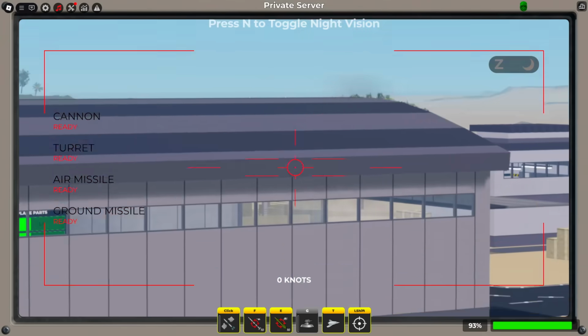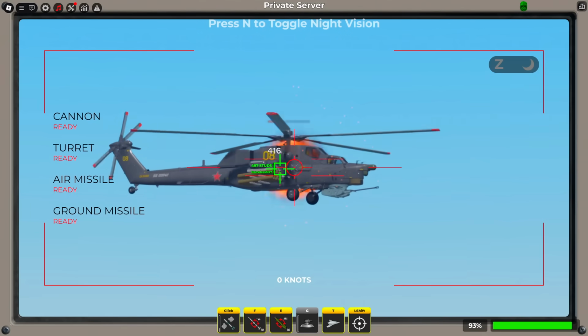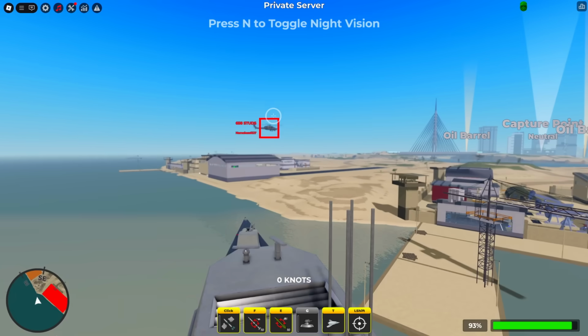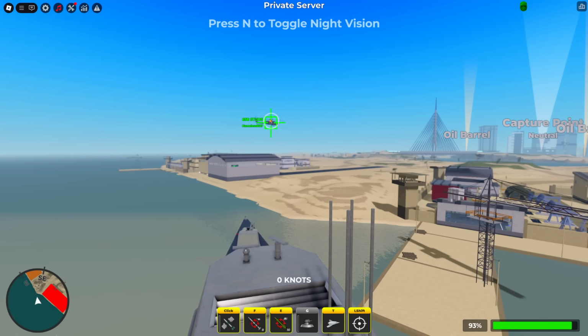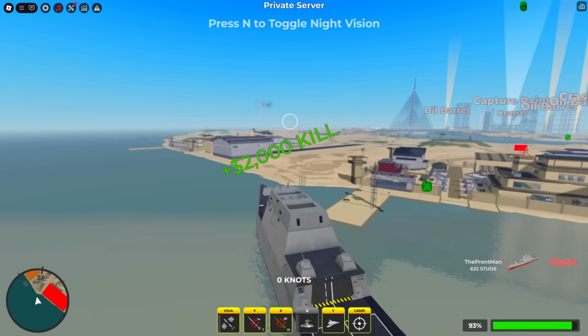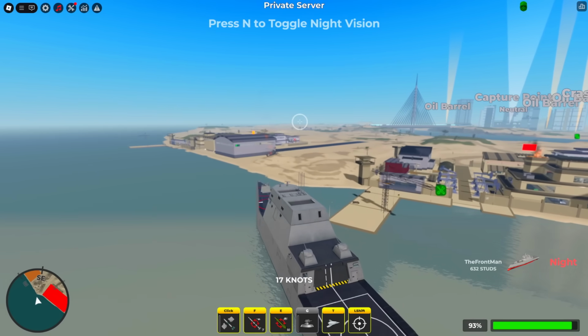Now the MI28 is actually able to survive 2 of the shells from the cannon, which is actually pretty insane considering how slow they shoot as well. Now let's go ahead and take a look at how many missiles it's actually gonna take to kill the MI28 Havoc. So this is missile number 1, missile number 2, and missile number 3. So it's gonna take 3 to kill the MI28, which is a lot better than what it was against the